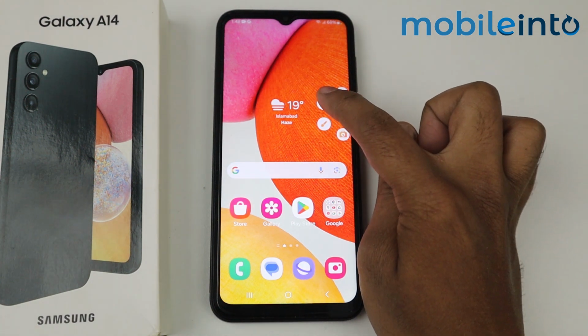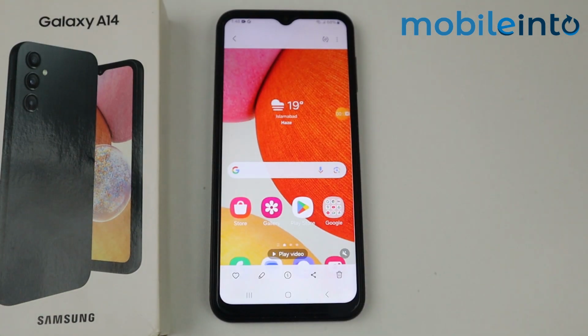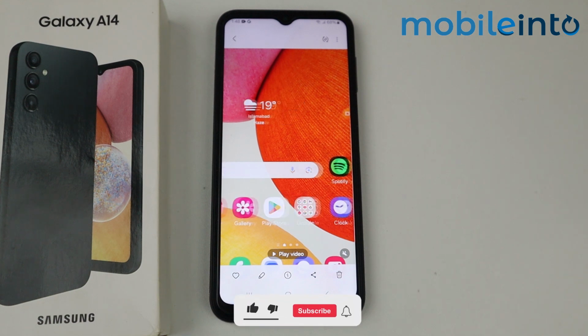Now let's save the recording. Now let's go in gallery, go in recent. As you can see here, my recent recording. This is how you can screen record on Samsung Galaxy